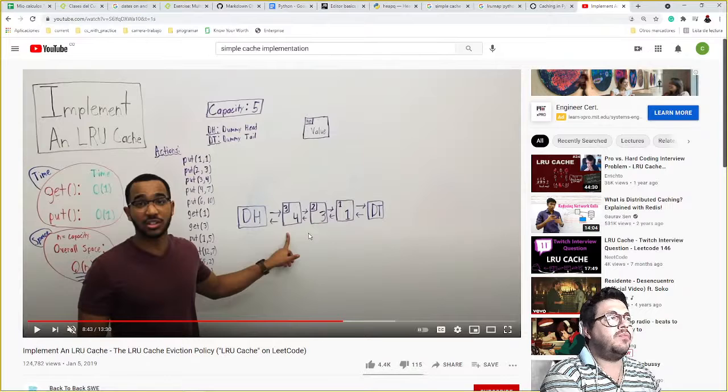And each one of these values is also in a hash table. So you don't have to go through each node to find one of these items.